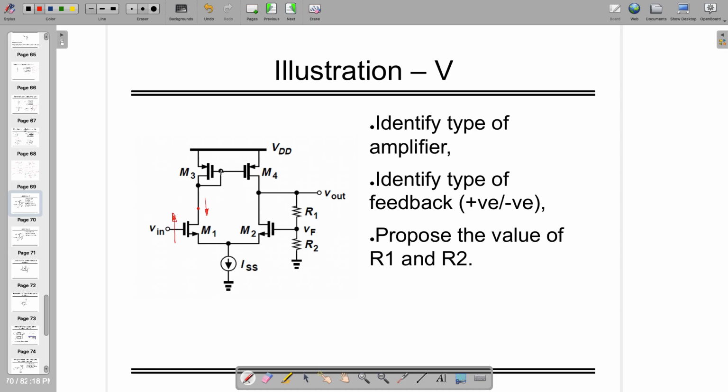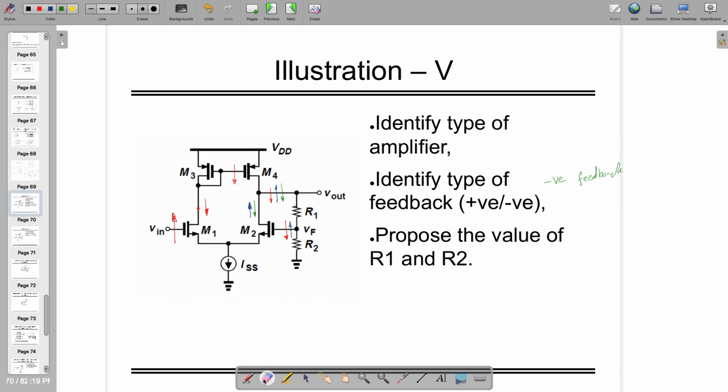But if this is decreasing, it is connected here. If this is decreasing, this also syncs with that one. If this is decreasing, this part is also decreasing. Look at this, after some finite time this will become opposite in direction. If this is going up, this is also going up, and in the next phase of time it becomes down phase. So this is a negative feedback when it's going up and down. If it is the same, then it's positive. However, if you look at this, it's a negative feedback topology.